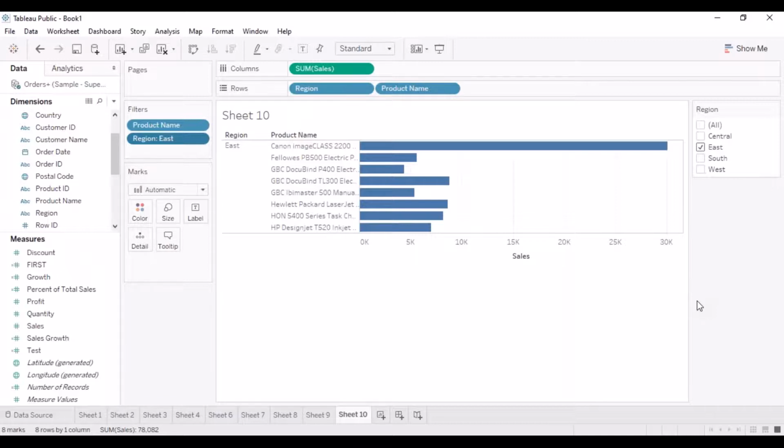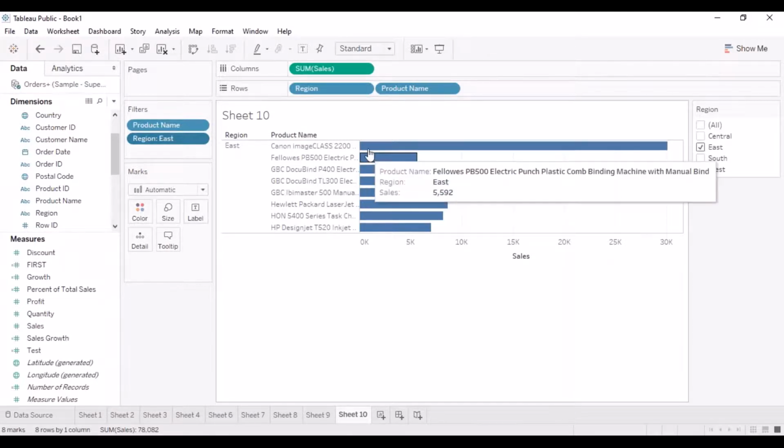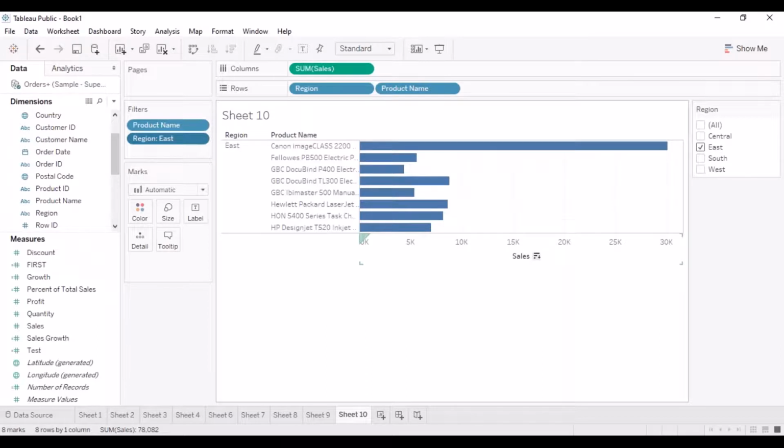So the first filter has been applied on the products by sales. Top 10 products have already been chosen, so you have product 1 till product 10. Now on top of that, you're applying a filter of region East. In region East, out of those 10 products, only these many products are available, so it is showing data only for those many products. It is applying an AND, combining both these filter conditions together and giving us the output in the form of results, which is not the desired result because we want the top 10 to be calculated